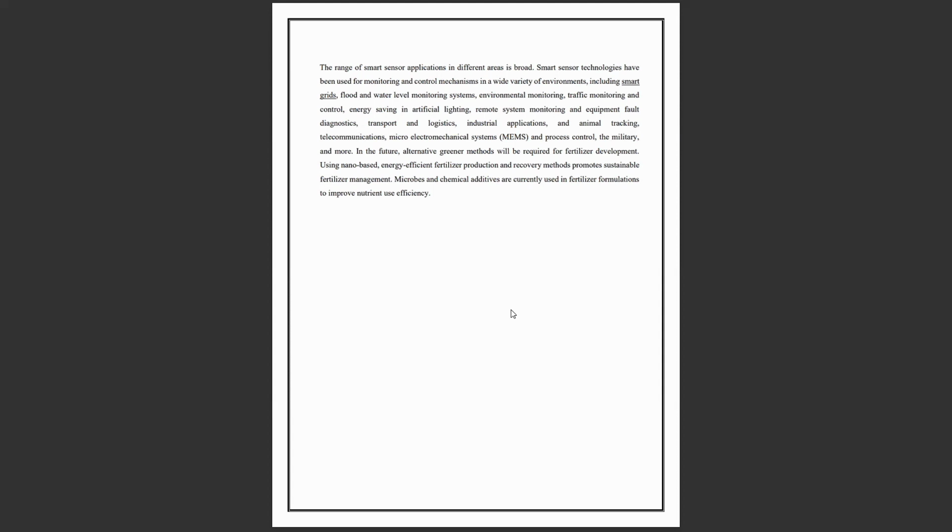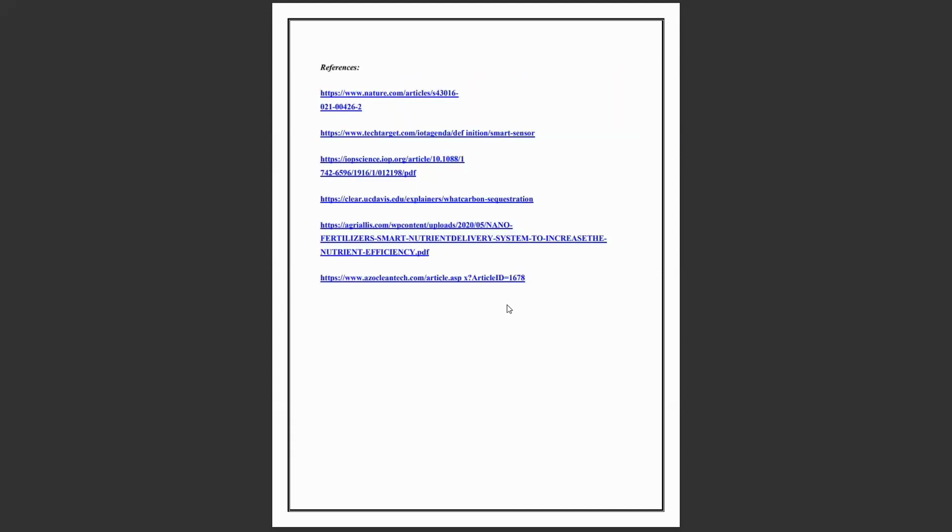Now, let's talk about the conclusion. The range of smart sensors application in different areas is broad. Smart sensors technology have been used for monitoring and control mechanisms in a wide variety of environments, including smart grids, flood, and water level monitoring systems. Environmental monitoring, traffic monitoring and control, energy saving in artificial lighting, remote system monitoring and equipment fault diagnostics, transport and logistics, industrial applications, and animal tracking, telecommunications, microelectromechanical systems, and process control, the military, and more. In the future, the alternative greener method will be required for fertilizer